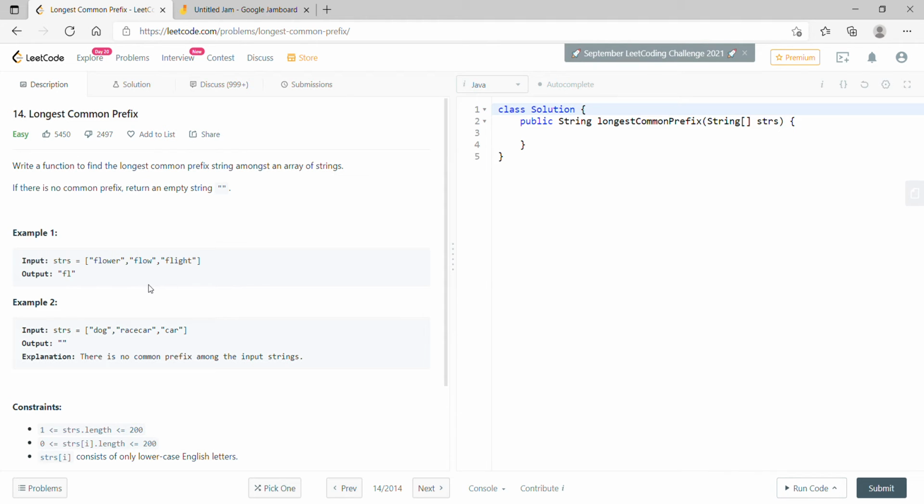And suppose something else is given, suppose dog, then we have dogs, and then we have suppose dogger or something like that. So the largest common prefix will be dog. Okay, so that is our target. So now we'll go straight into the coding portion,